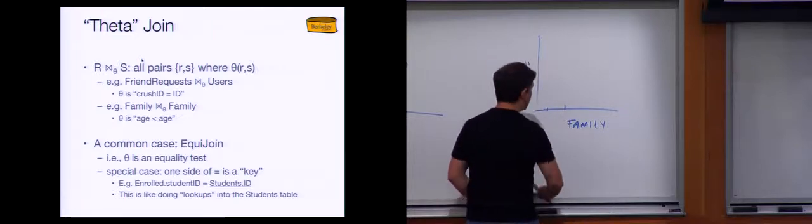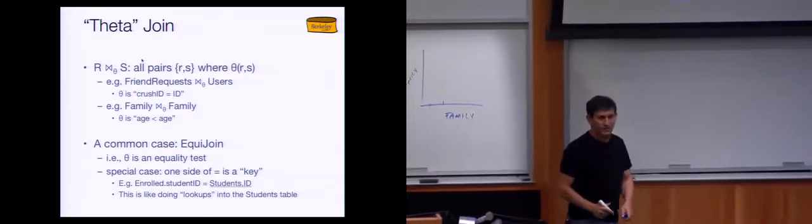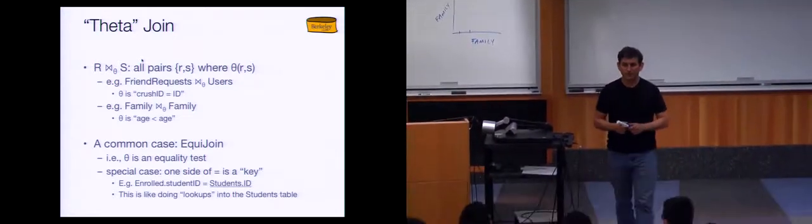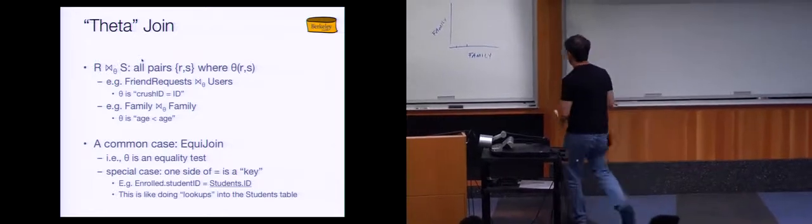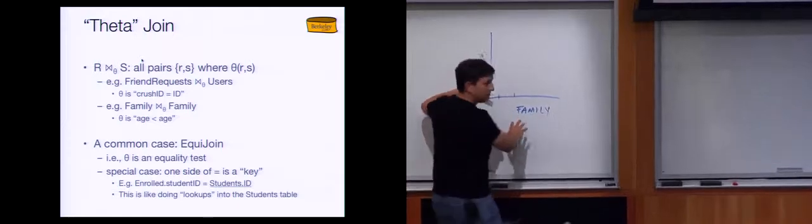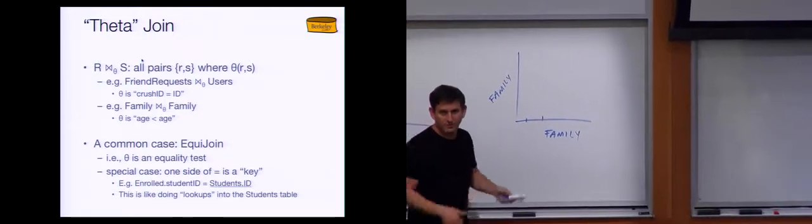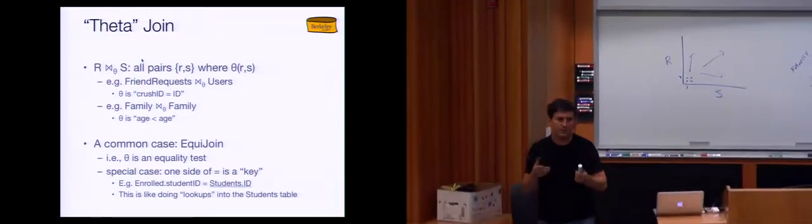I list them on both axes, and I want to mark the places in this grid where one family member is younger than the other. So the predicate here is age is less than age. Let's say that this is the left-hand family and this is the right-hand family in that expression, and we're just comparing family members with themselves. We're treating it as if it's two different sets, but it's really just this one set